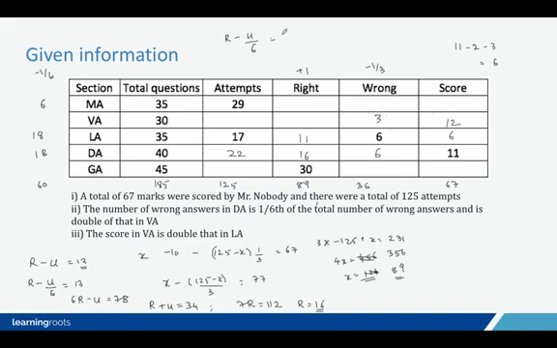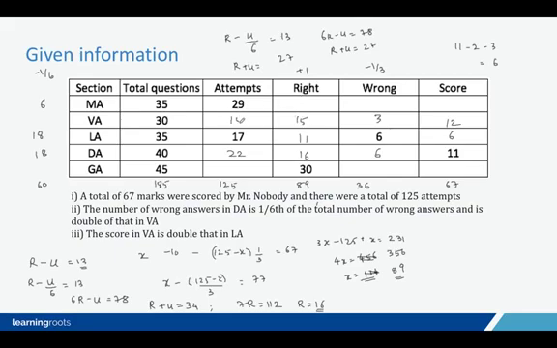So R minus U by 6 will be 13. We also know that R plus U will be equal to 30 minus 3, that is 27, right? So we will get 6R minus U equals 78. That part will be true again here. But in this case, R plus U will be 27. And so I know that 7R will be equal to 105, or R will be equal to 15. Got it? So right answers will be equal to 15.